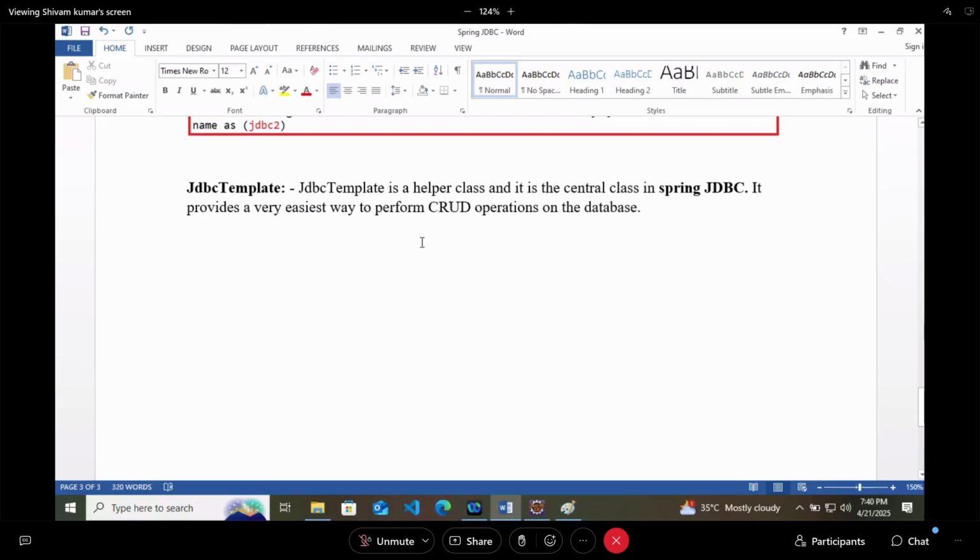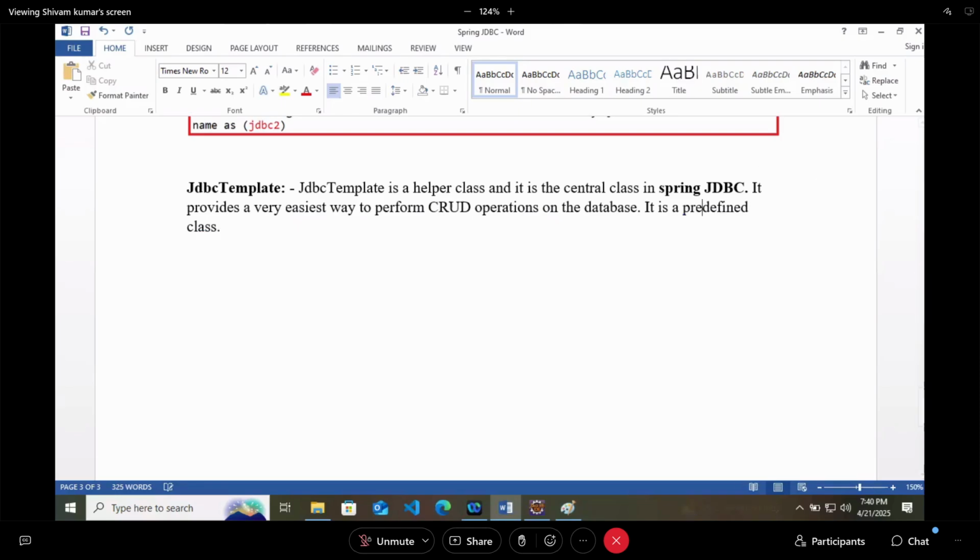Now we will use this JDBC template to perform the CRUD operations inside it. But how will we use it? It is a predefined class.